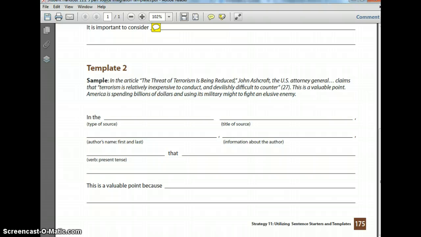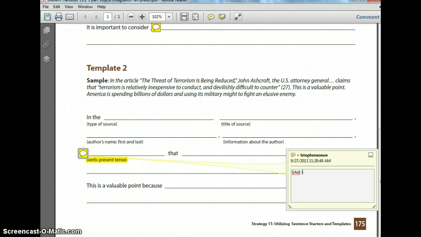The second one, in the, and this would be your type of source, so in the article, in the newspaper, in the novel, that goes here. The title goes here. Notice the example above. Then the author's first and last name. Information about the author. In this case, they said he is a U.S. Attorney General. Your strong verb. That uses the chart in class. So this is either your Said Is Dead wall,